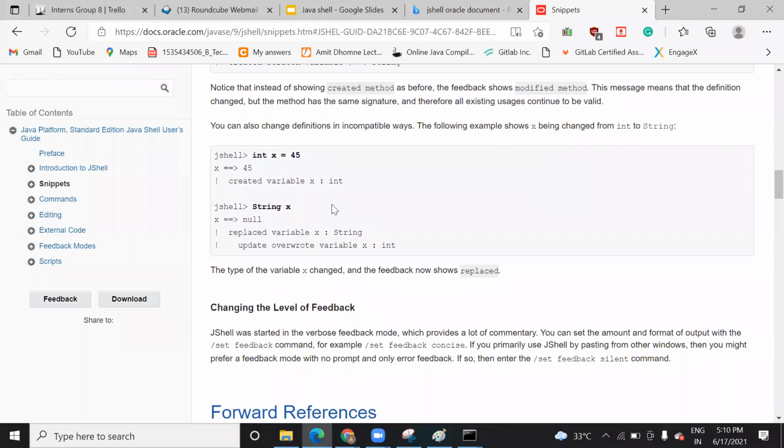Yeah, if you do not specify any value, you can replace the value also, that we have seen, right? When I create the same method, it modifies the previous one. So that is also possible, which is similar to Python also. In Python also, you can reinitialize the value. Suppose x is equal to 45 and you declare it as a string x, so the value that you initialized to x, 45, will get replaced when you change the data type of that.